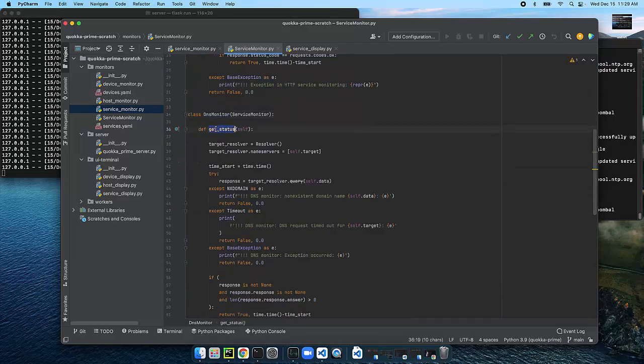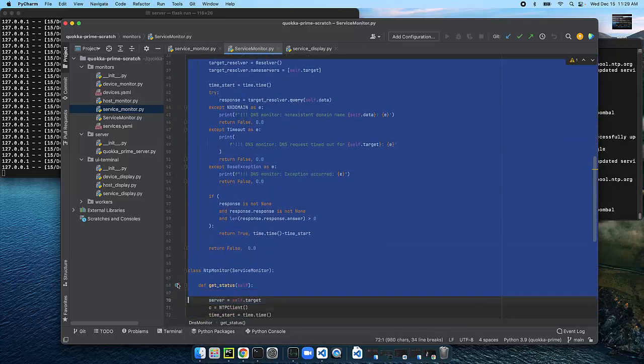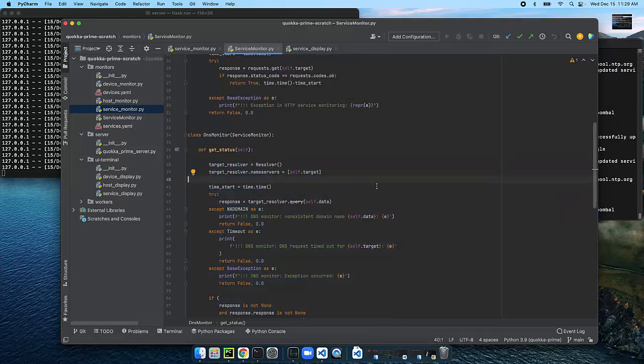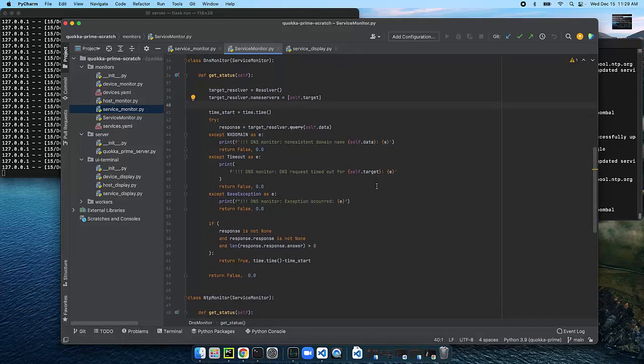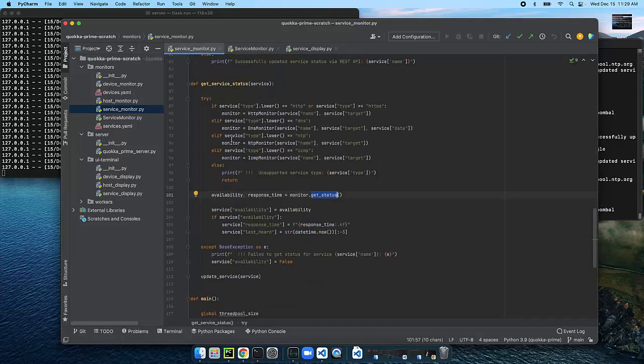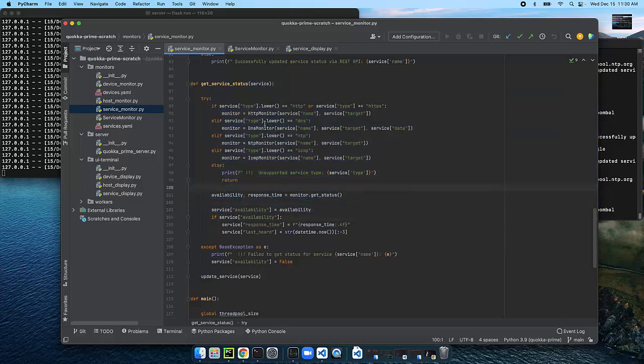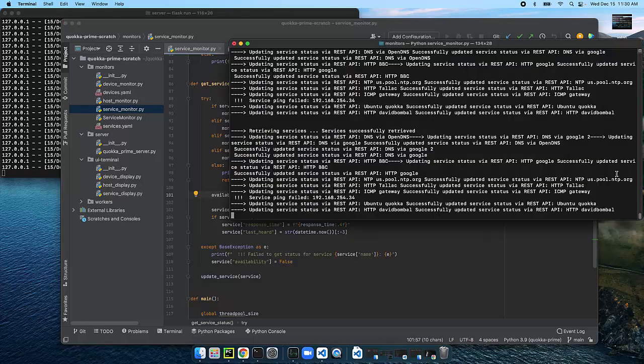Every time I call get status, you can see some of these actually involve a fair amount of work. So I'm actually having to do a fair amount of stuff to get my DNS monitor to work and to return the information that I need to return. So that's the magic of object-oriented programming. It allows me to have very uncomplicated service monitoring code right here. All I need to do is create the correct type of monitor, and then I can call get status and get that information back. When I do that, over here you can see I'm updating the service status,